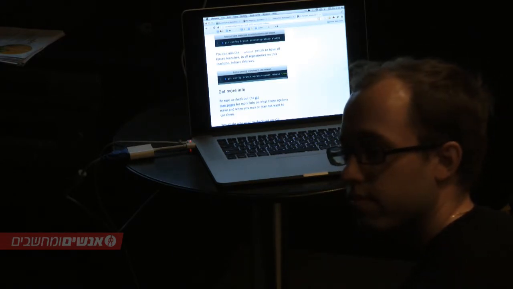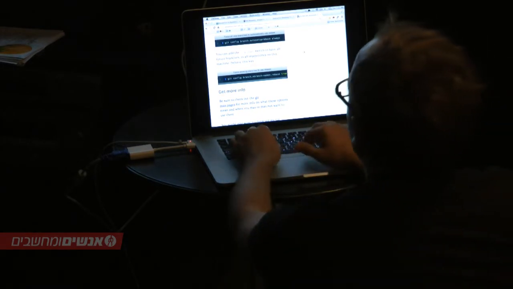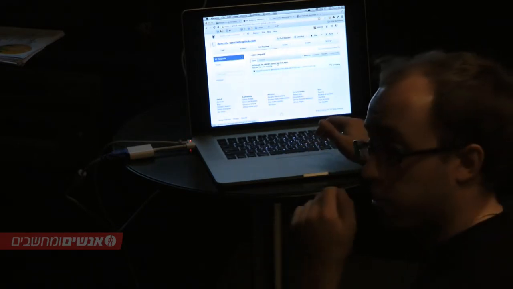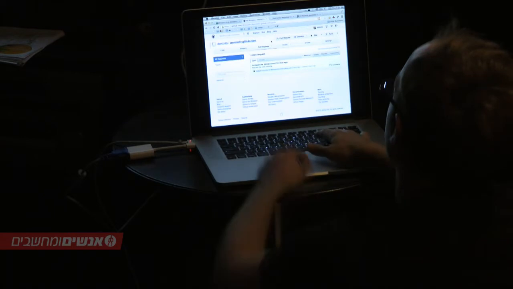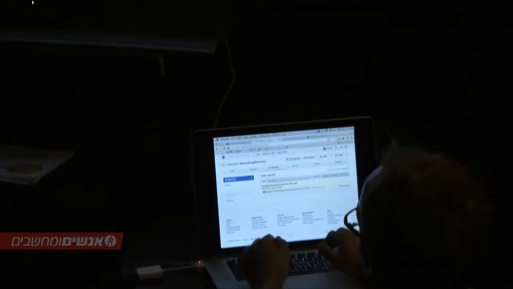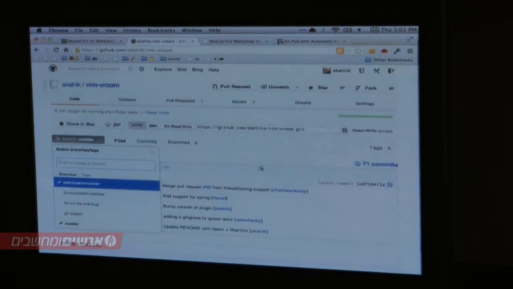But you mentioned sending pull requests when you merge branches. How do you do that? So you don't always have to fork a repository to send a pull request. If you have two different branches, let me see. I think I have some branches in this. So this is a Vim plugin I wrote. Do I have any branches? So yeah, there's some. Cool.